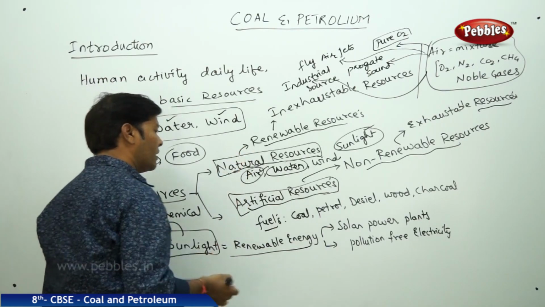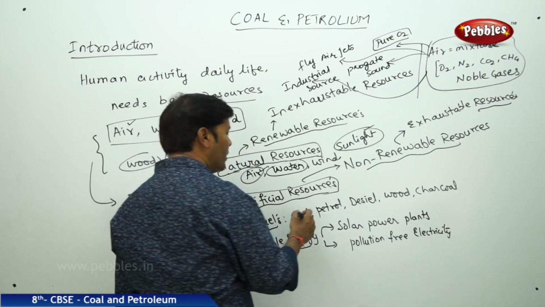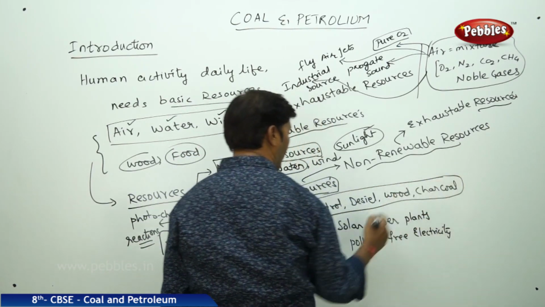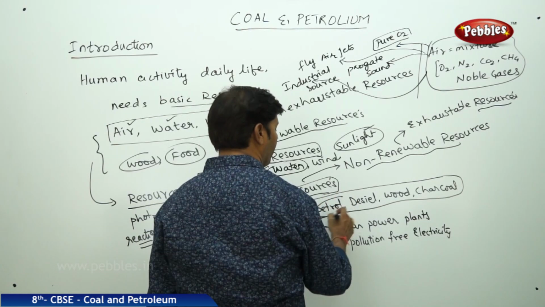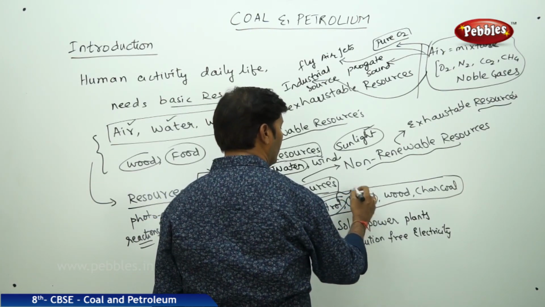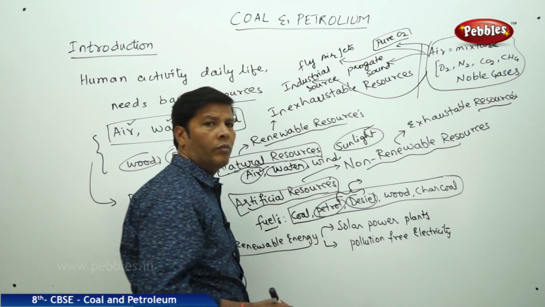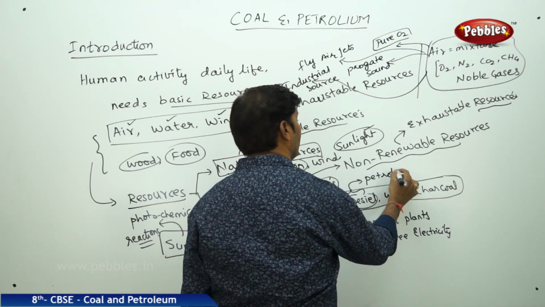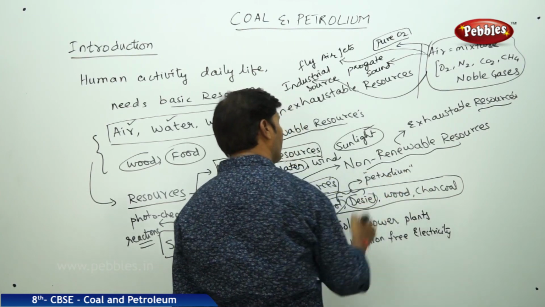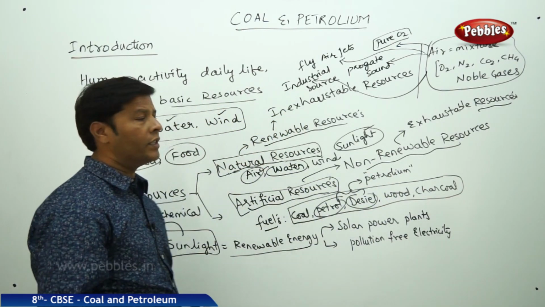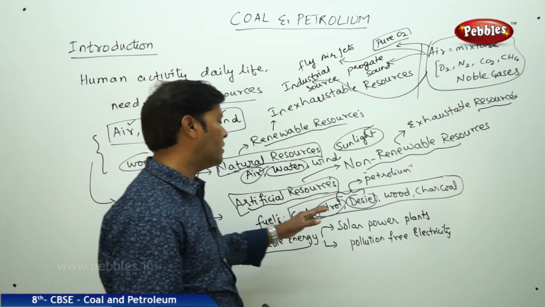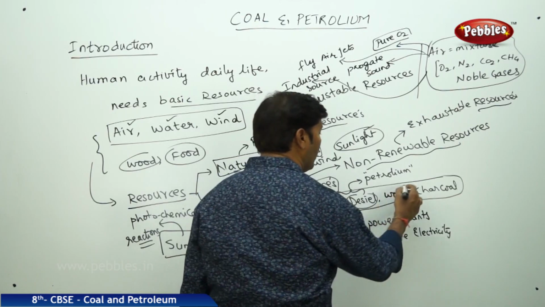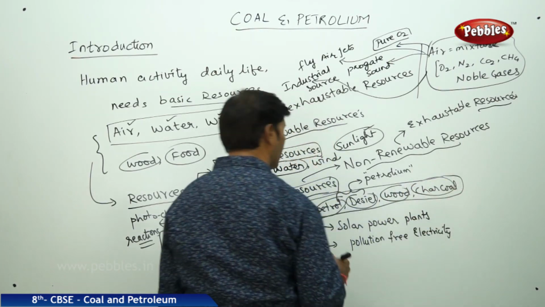Wind energy is the mechanical energy which we can produce, but the limited sources given to mankind are coal, petrol, diesel, wood and charcoal. Actually petrol and diesel are the two liquids. Petrol and diesel are the byproducts of petroleum. Petroleum is a kind of fuel, and when it is subjected to destructive distillation, it produces petrol and diesel. But coal, wood and charcoal are the solid fuels.